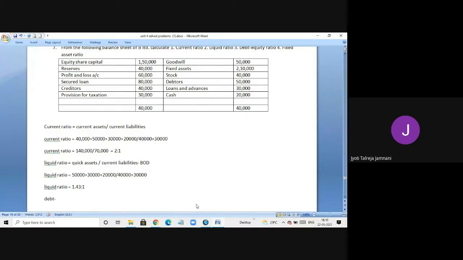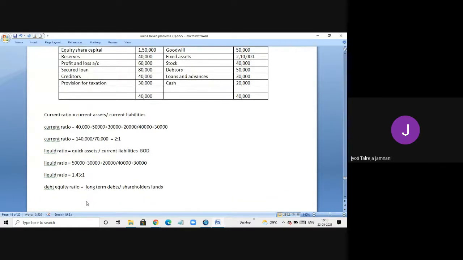The next is the debt equity ratio. Now this ratio itself tells you the formula. They are asking you to divide debt by equity because they want to know the debt and equity proportion in that particular firm. So how much was the borrowings compared to the equity? So the formula for debt equity ratio is long-term debts, we're only taking the long-term loans, divided by shareholders fund.